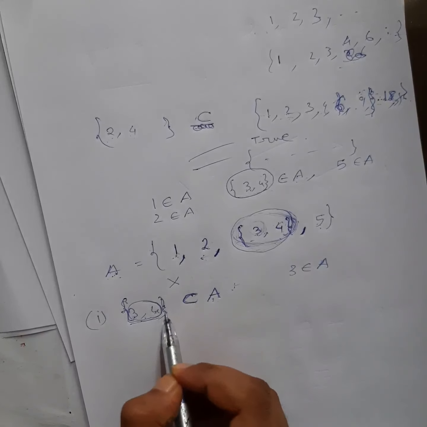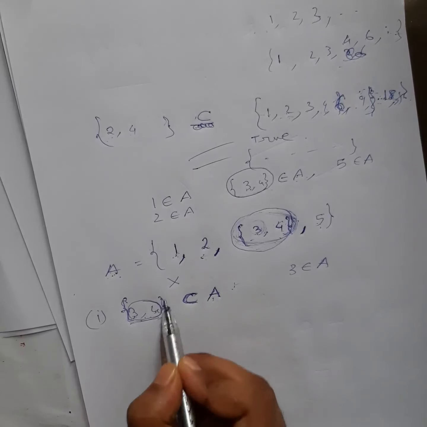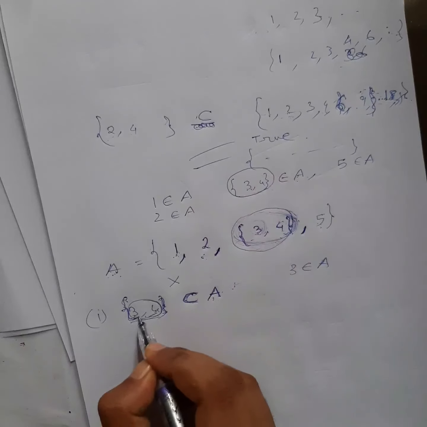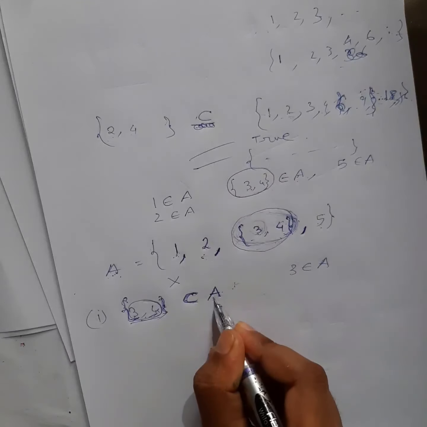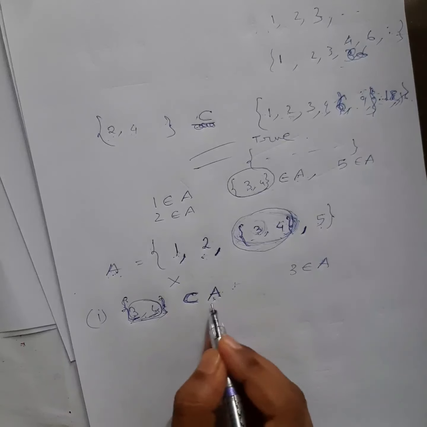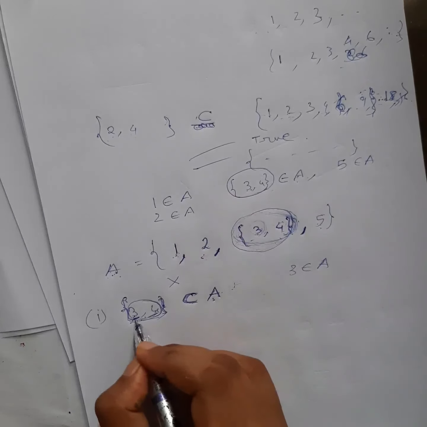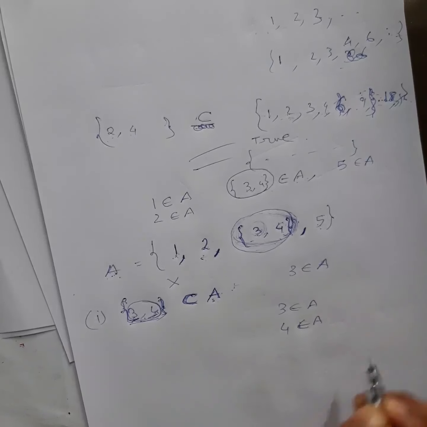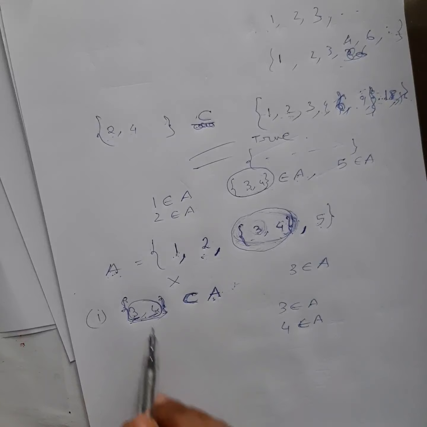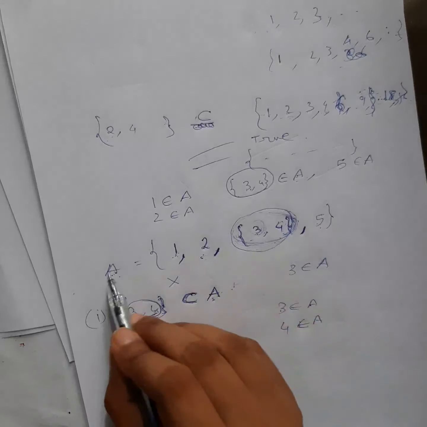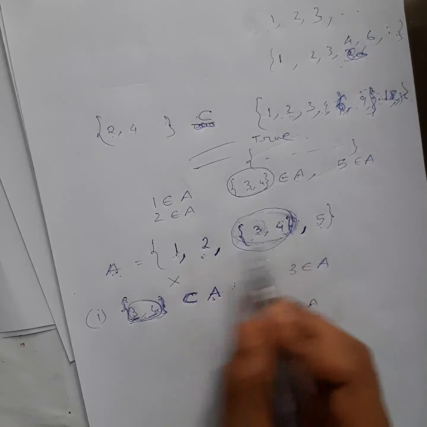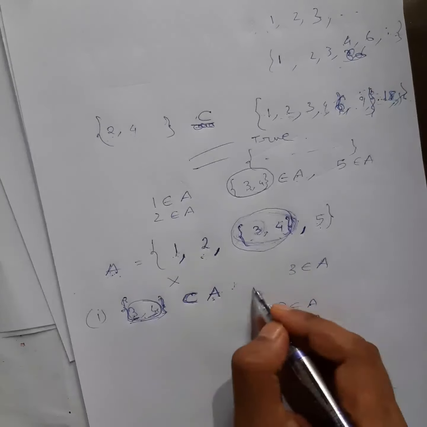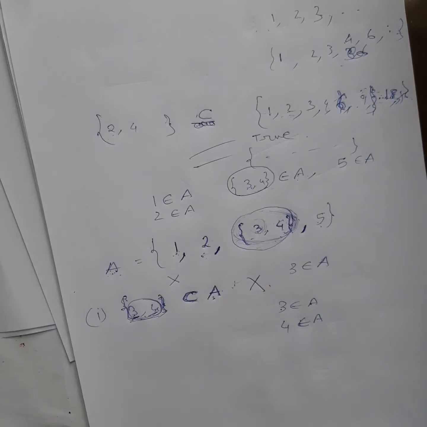Now they have given the first statement, don't get confused here. This set is a subset of this one. Okay, this set can be a subset of this one when? If the elements of this set are contained here. Contained here means these will be elements of this one also, right? So 3 must belong to A, 4 must belong to A, then only this will be a subset. Now you can see 3 does not belong to A. This as a whole belongs to A, but not 3. 3 is not an element of A, remember. So this is not a correct statement.